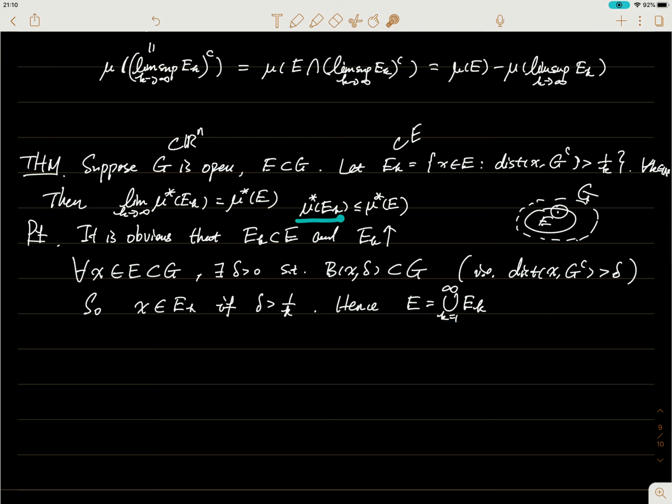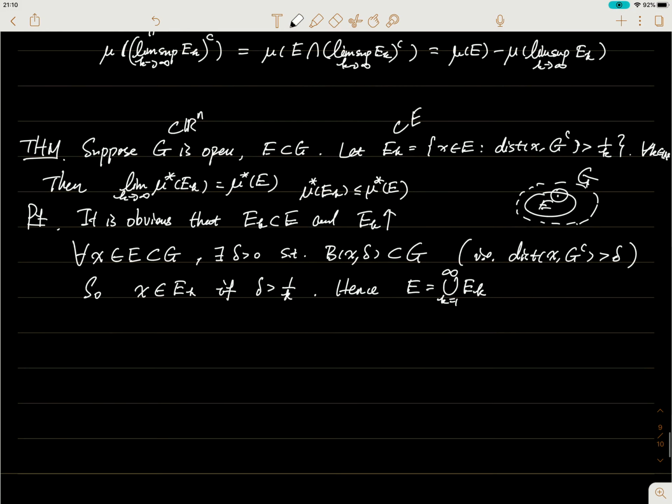And I know the limit of E_k is bounded above by the mu star of E. So what I want to show is that the limit of this is actually equal to this. Okay, so I actually want to show that taking the limit of this is equal to this, not just less than or equal to. Okay, to this end, let's show that